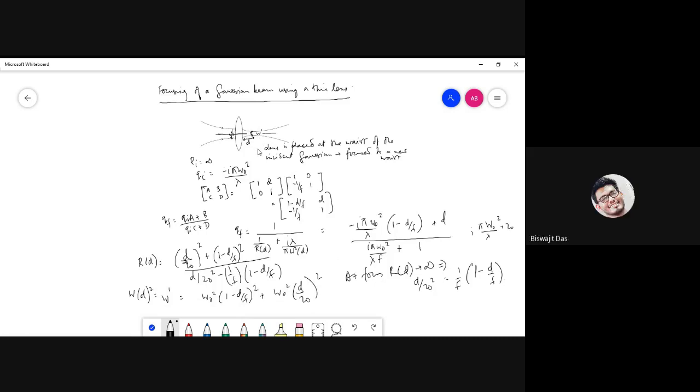But not at the focus of the lens. When this part vanishes, exactly, that is the question. At the focal plane, RD will vanish, right? I mean, vanish when it becomes infinity. What is the problem? This is a plane wave, no? Sir, but if we put d equal to f, are we getting infinity? I don't think so.